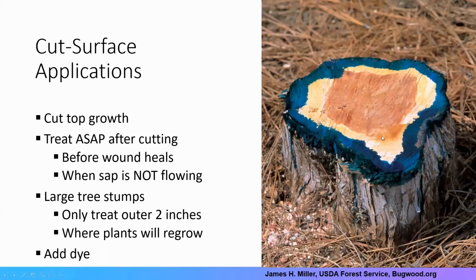As you can see in this picture here, this is a large stump. And you don't have to treat the whole thing. The only thing you have to treat is going to be that outer tissue layer. And that's the only living part of that trunk right there that's moving photosynthates, carbohydrates, water, nutrients, all that stuff that's moving that stuff throughout the plant. So we just have to treat that outer tissue layer, which is usually right behind the bark.